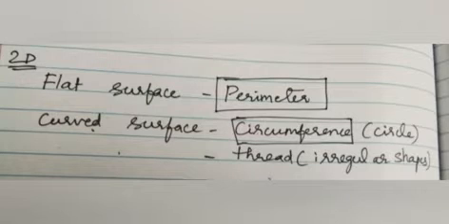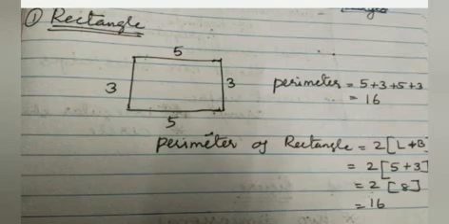Now we have a clear idea about what are two-dimensional and three-dimensional shapes. First, we'll start with rectangle. So, this rectangle is a regular shape. That is, opposite sides are equal, and so we can have a formula to apply. In this figure, the length is 5 cm and the breadth is 3 cm. To calculate the perimeter, we just add all the lengths of the boundary. That is 5 plus 3 plus 5 plus 3. So you will get 16.